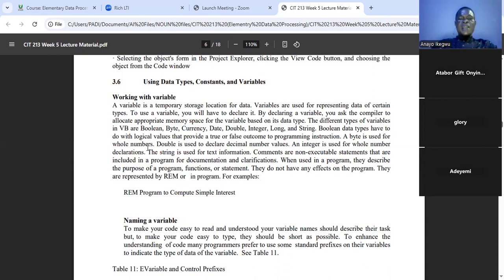Have you imagined when you are filling a form, there is a place they tell you phone number. So if you want, maybe you want to type a text, it will not allow you to type a text. You can only type a number. In some occasions, you want to enter a date. You can only select the date. It will not allow you to type a new one. Have you experienced that